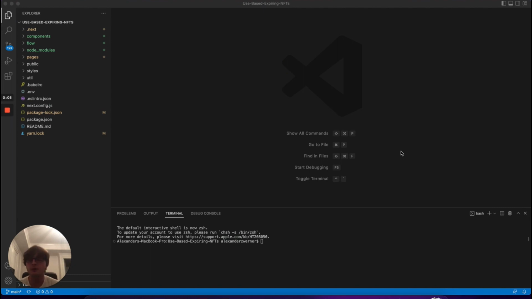Today we will be going through our second part of our two-part series on creating use-based NFTs on Flow. In this part, we'll be doing a really brief video, going through how to implement these use-based NFTs into a React.js website. Be forewarned though, this website is already fully built. We won't really be starting from scratch. So it will be a relatively short video looking through this React.js website, going through line by line how to implement these NFTs, and giving you a starter website that you can use for your